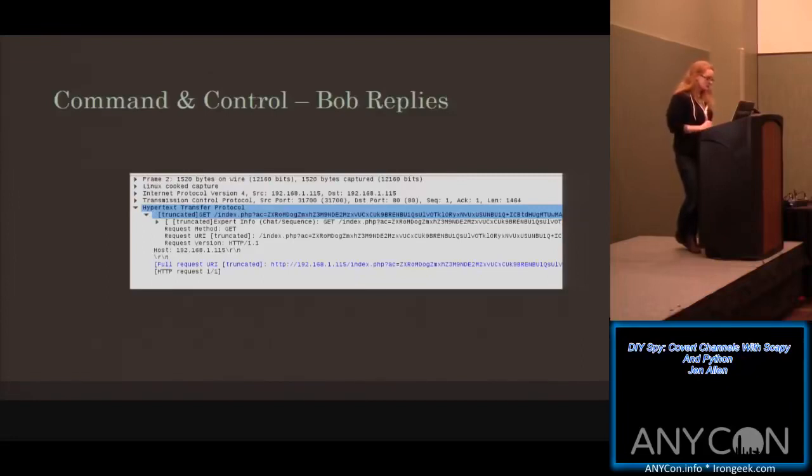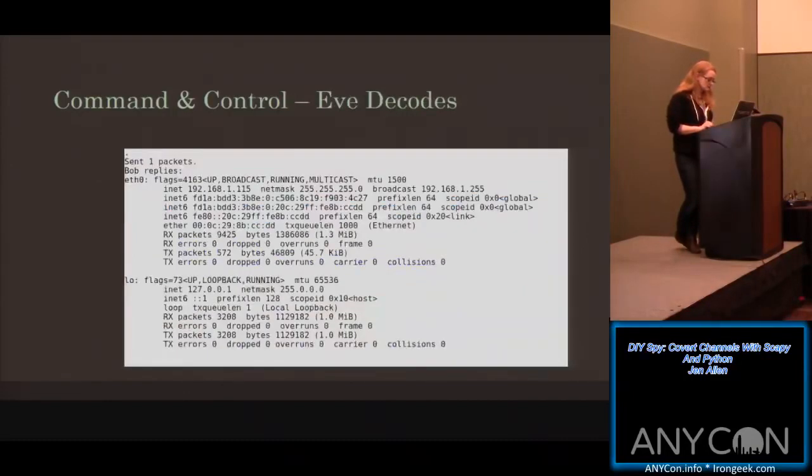So now Bob replies. He's received the DNS command and has created an encoded string, and you can see that's kind of messy looking in Wireshark, but it's requesting get /index.php, and it's sending the variable AC in the request URI. And then Eve decodes. So Eve receives the ifconfig results, decodes that from the response in the HTTP packet, and spits that out to the terminal. So this is really, really basic code, as I said.